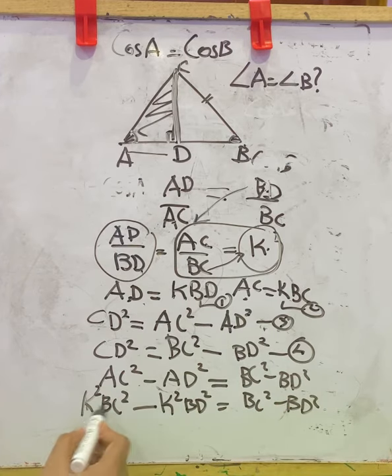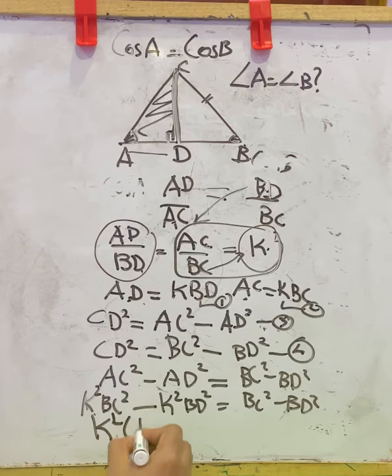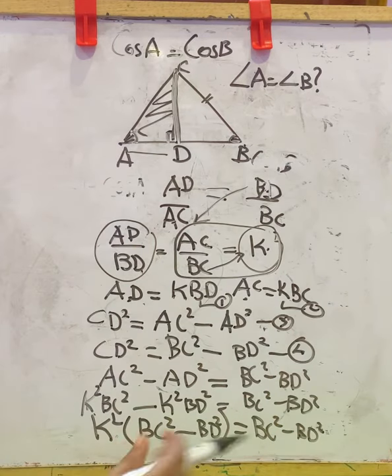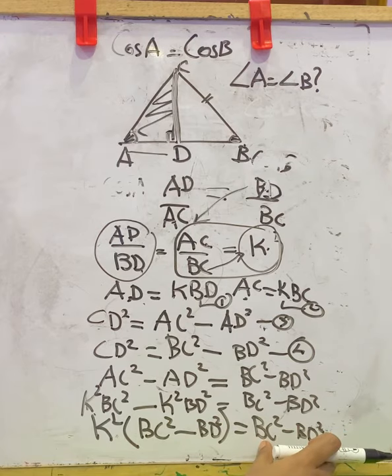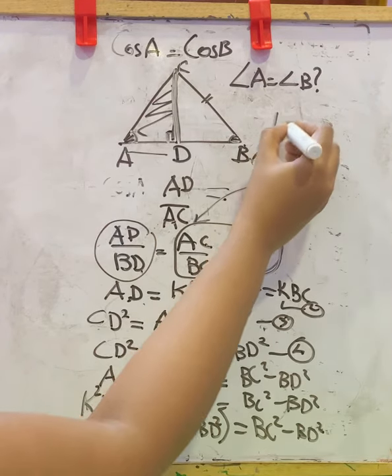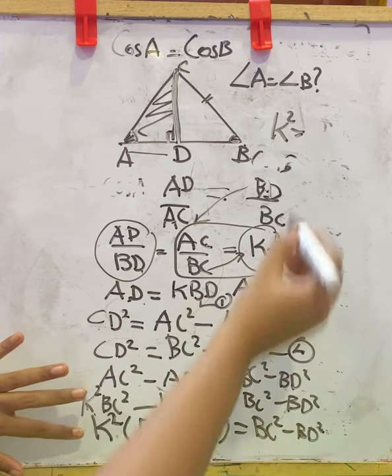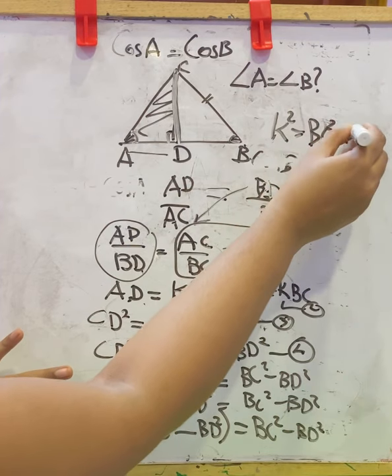In this we can see K square is common in these two terms. So taking K square outside, we have BC square minus BD square inside the bracket, and here write down BC square minus BD square. Here you can see BC square minus BD square on LHS and BC square minus BD square on RHS. So let us take this to RHS so that you can find the value of K square. That is, K square is equal to...